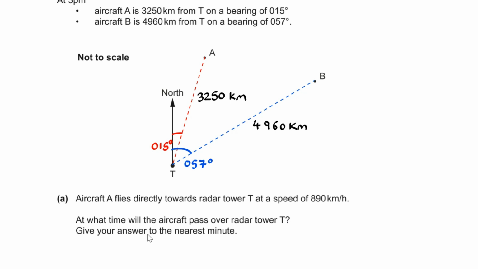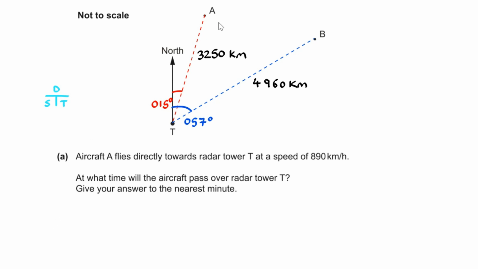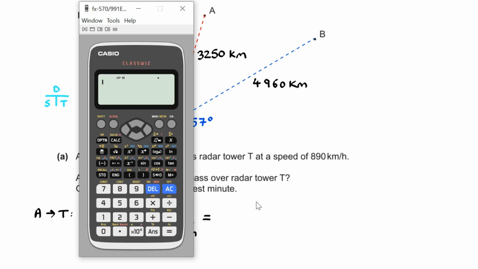Well, over here for part A, what we need to do is use the fact that speed equals distance over time. We've been given a speed, we've been given a distance, so we can find time. So the time it takes for A to go to T is equal to the distance, which is 3250 kilometers, and the speed, that's 890 kilometers per hour. So therefore, dividing these, 3250 divided by 890, you'd find